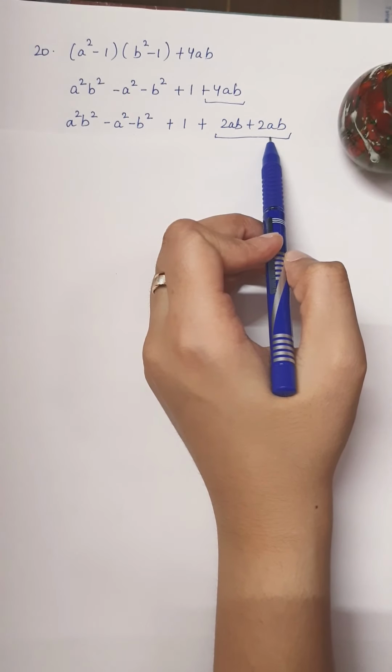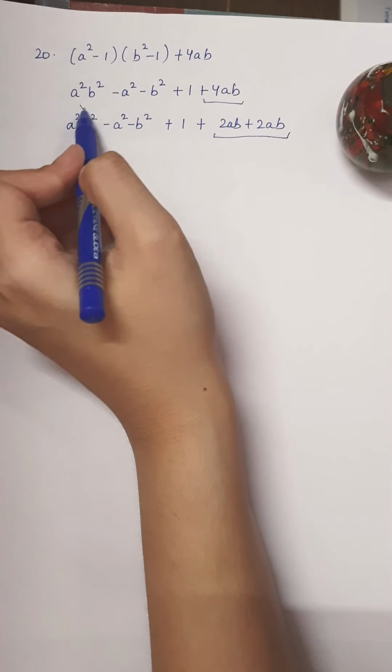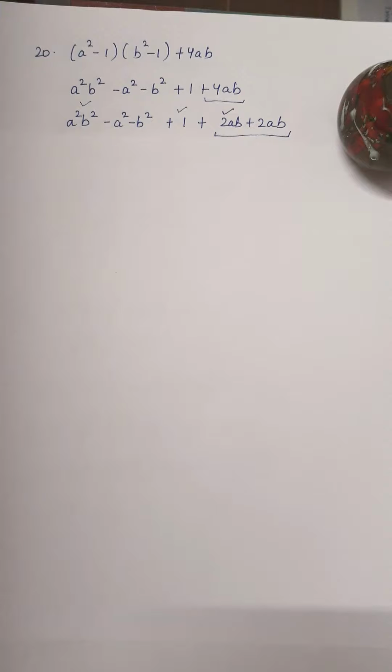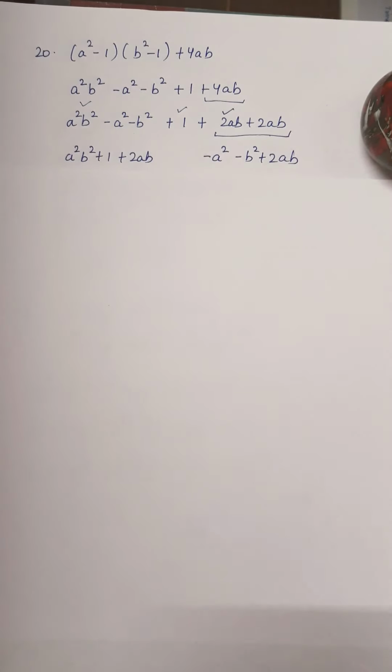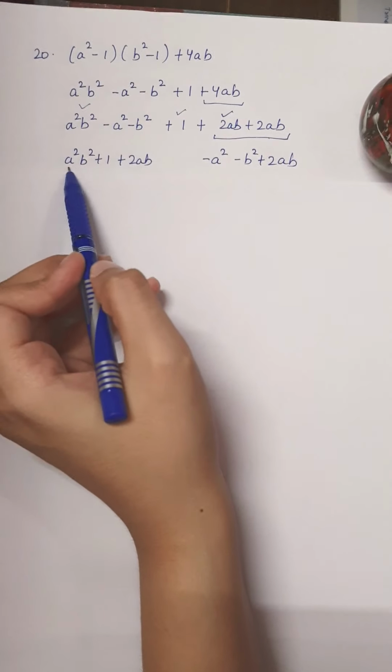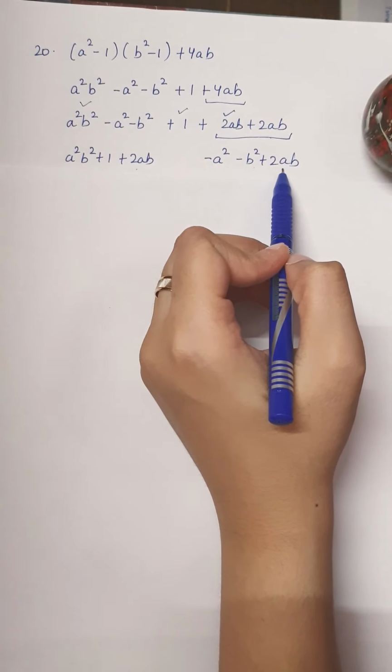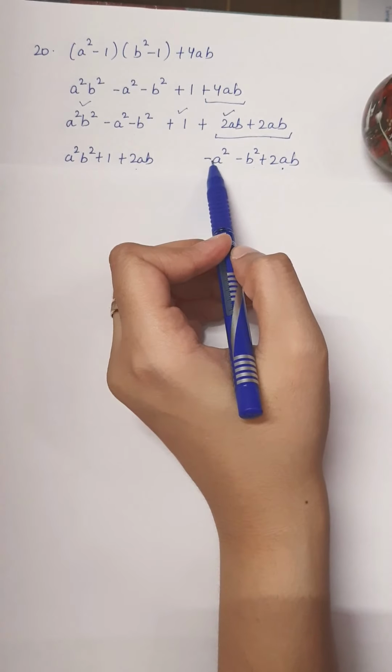Why I did this? Because I could see this will make a perfect square. Ultimately a step of grouping. These three terms will make a perfect square, and these three terms may make a perfect square when minus is taken